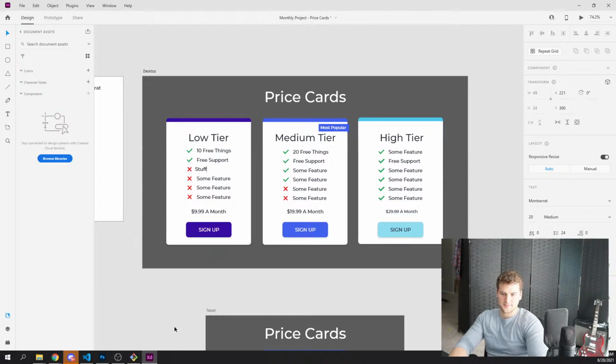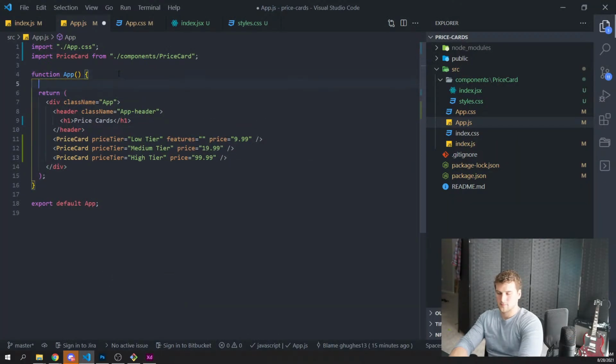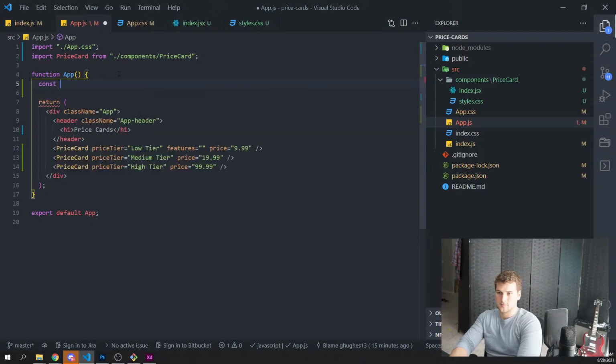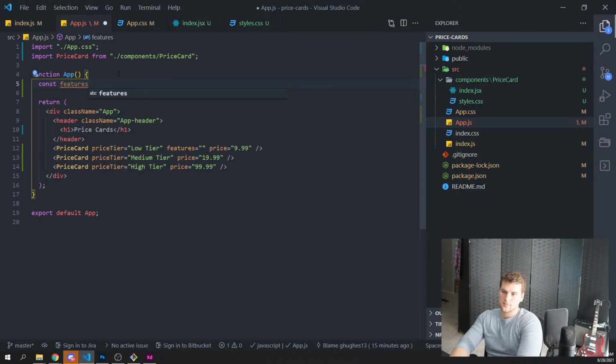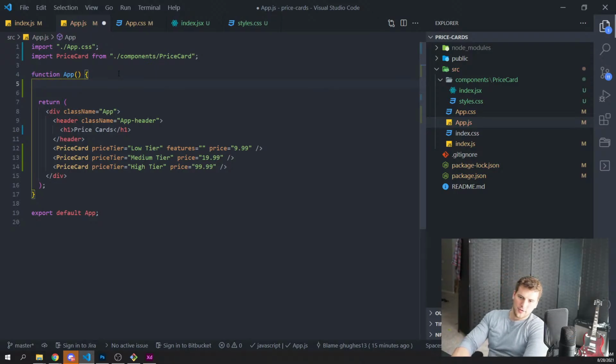Stuff. Like, should I have an array for like low features, medium features, and high features, or an object, and it's just got the features and it's mapped with whether they're included or not to know whether we do the X's?